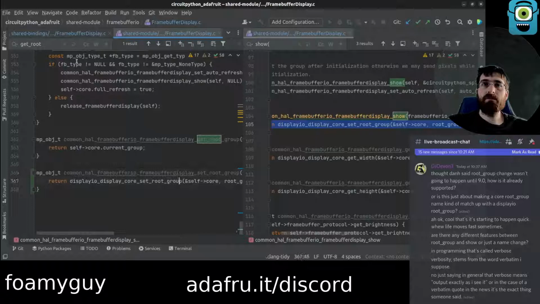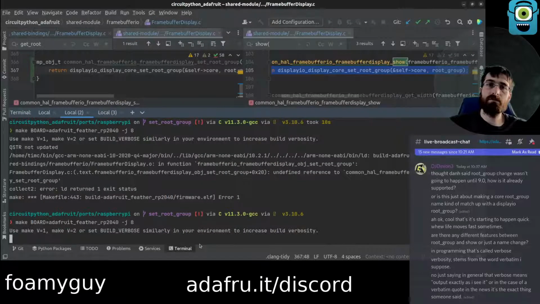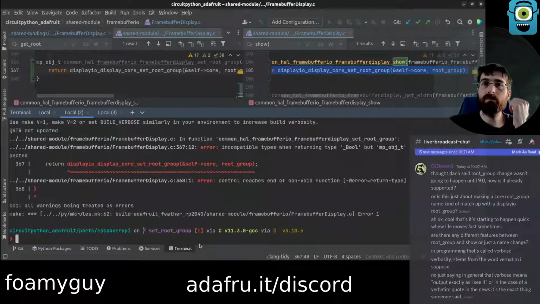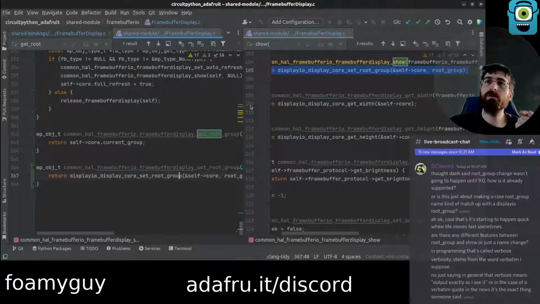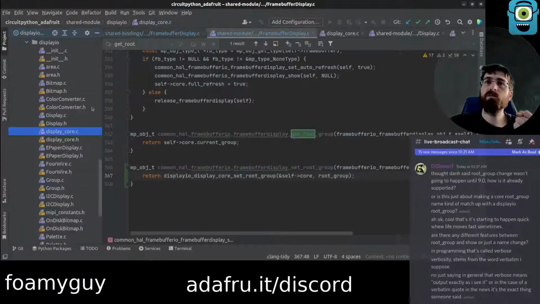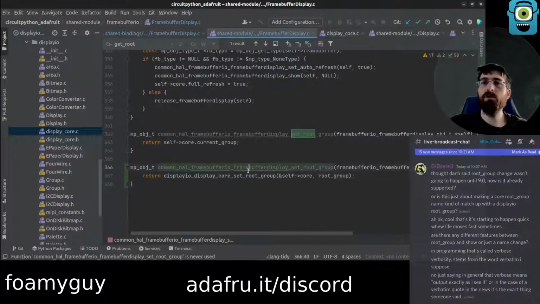Group. Yeah, so we should be able to build, I think. Nope. Oh, it returned none. Thing returned none. Maybe I was wrong about... Maybe we do need the...